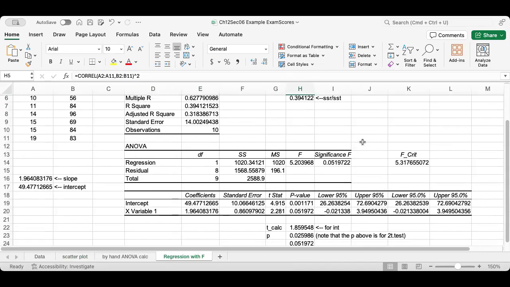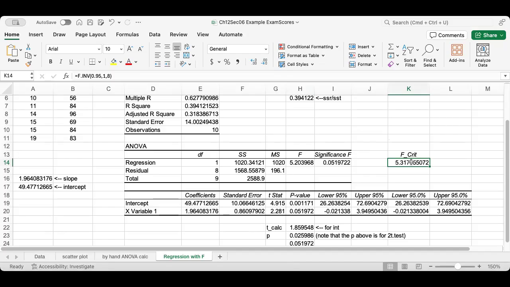But I also get this entire ANOVA. What is this ANOVA? We're looking at variation, right? That's a single factor ANOVA. And the factor here is the variation caused by hours spent studying. So we're trying to explain the variance in Y around its mean using the standard ANOVA techniques we did. And we don't get an actual F critical in the automatically generated ANOVA. I had to look it up by doing the F inverse